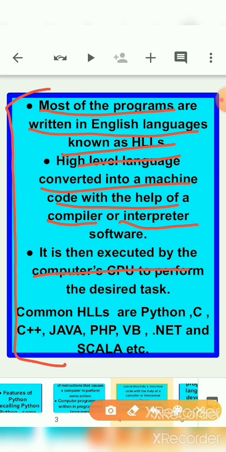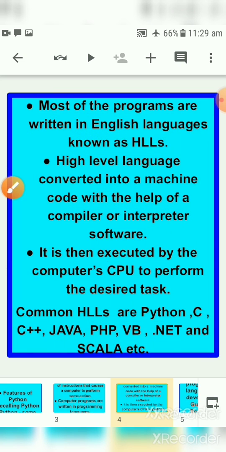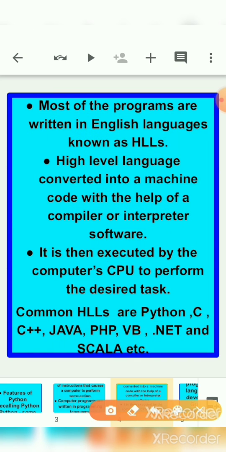After reading the whole coding, at the end the compiler gives the result and tells you what problems are there in the coding. Okay, at the end the compiler will tell you. But in case of interpreter, it reads one line, tells you the mistake, then another line tells you the mistake, then another line, in the same manner.